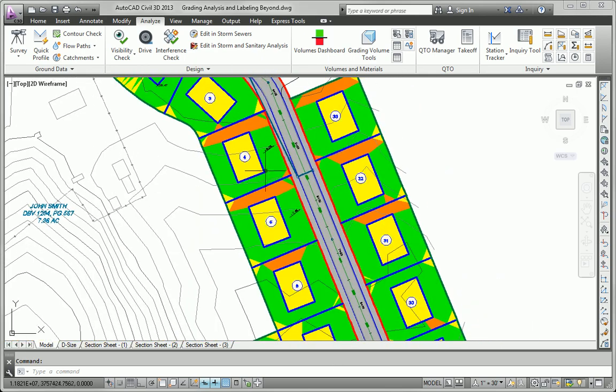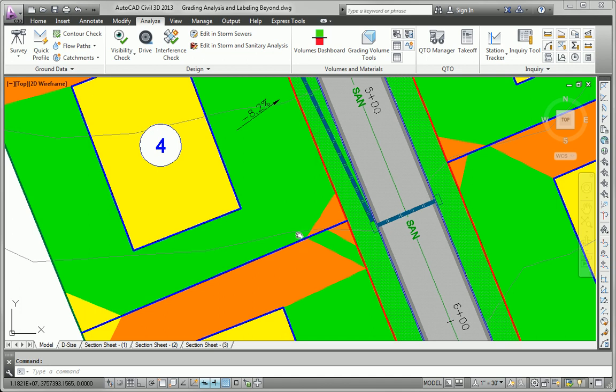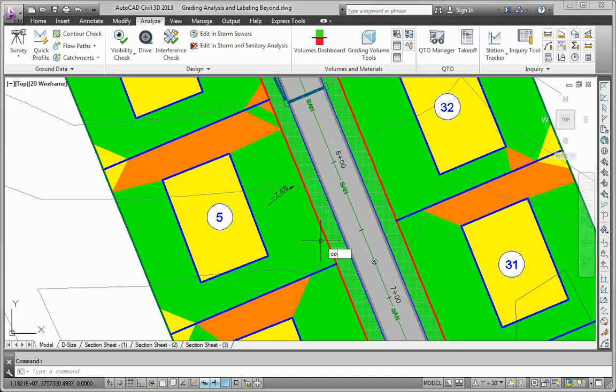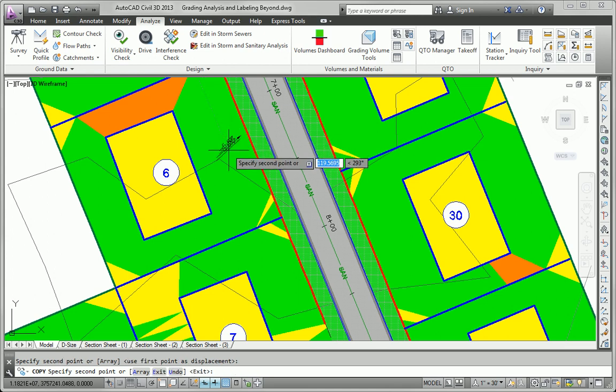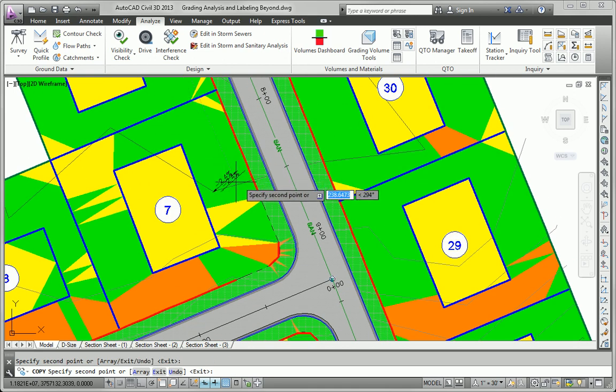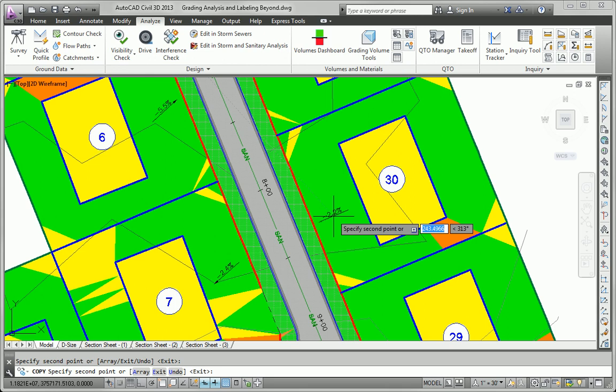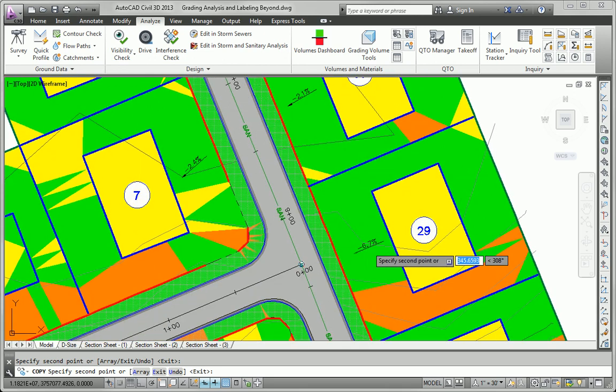So you can see we've already created some labels for the first few lots, and we can actually just copy these labels to the other lots. We don't even need to use the add labels command. We can copy them,